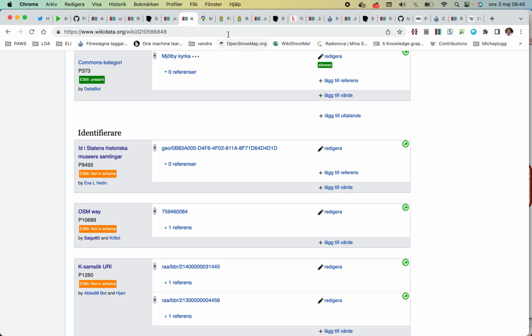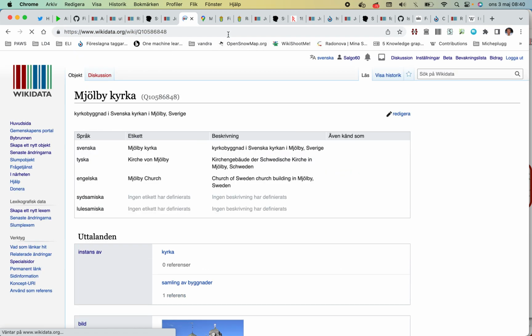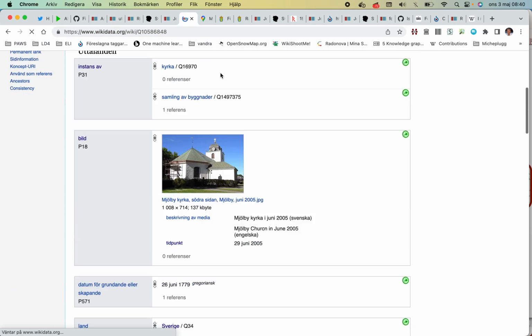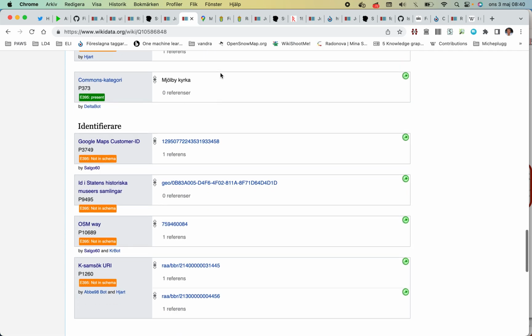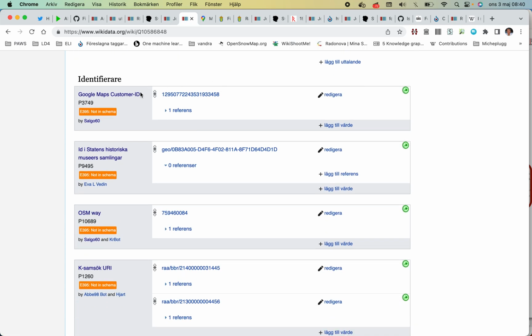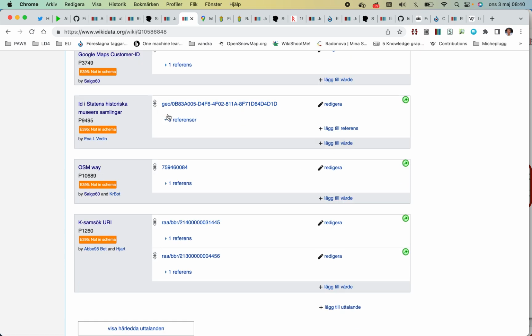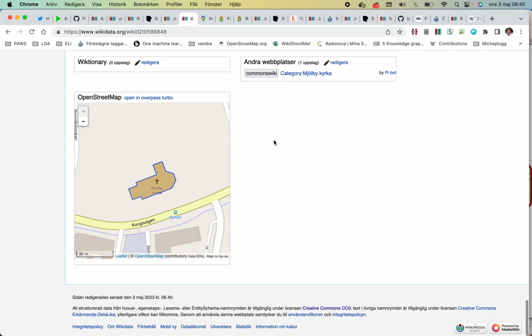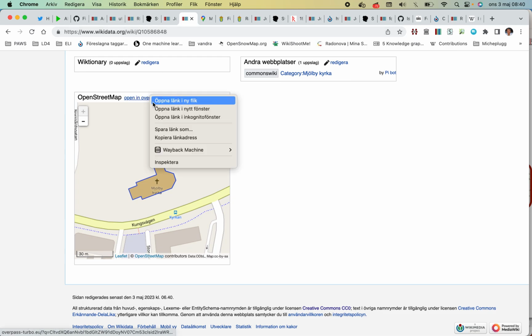Mjölby kyrka. Here it is. Google Maps customer ID done by Salgo. What we also have is another plugin which is doing an Overpass Turbo search for all objects with Q10586848 in